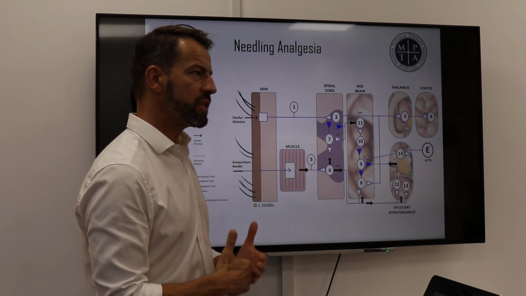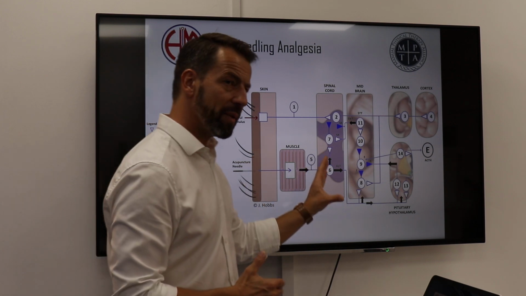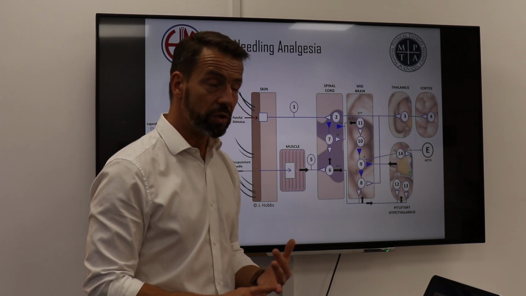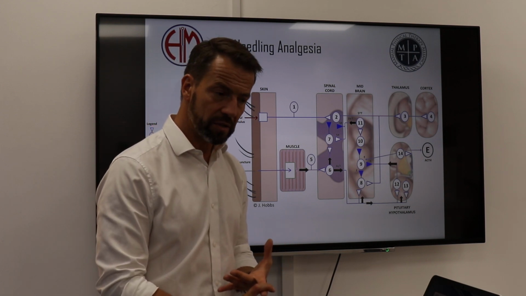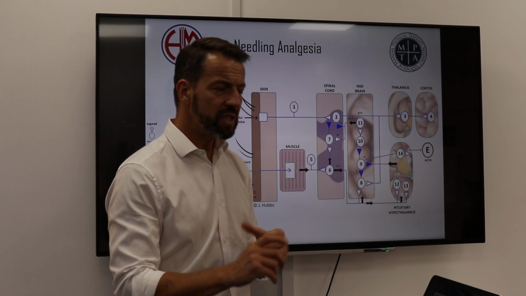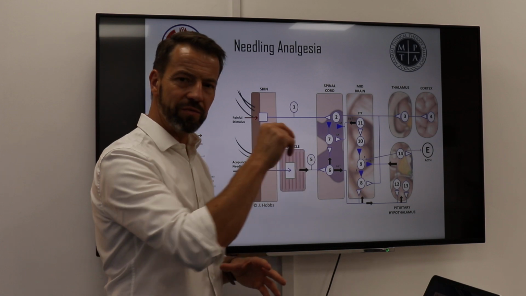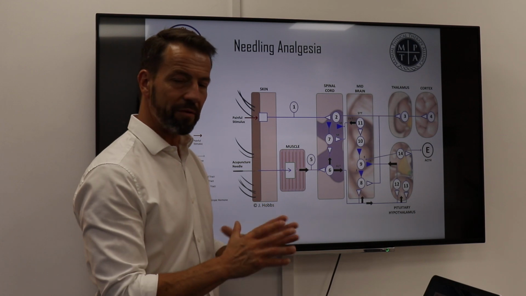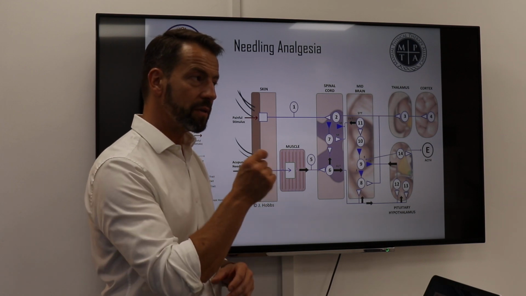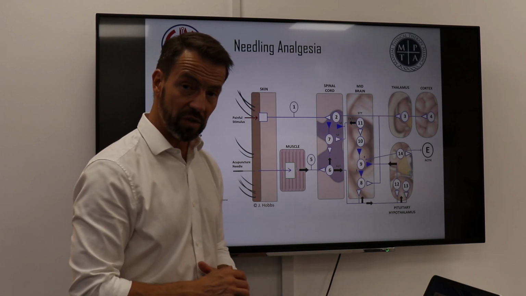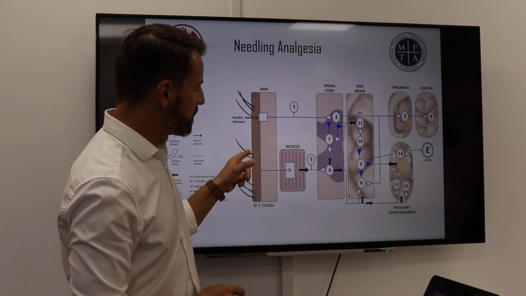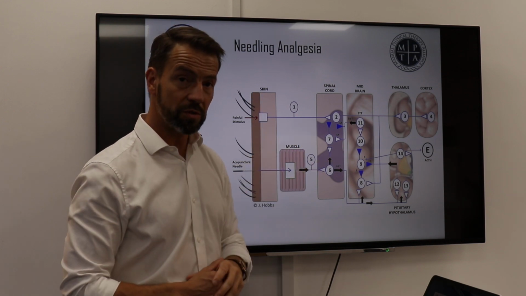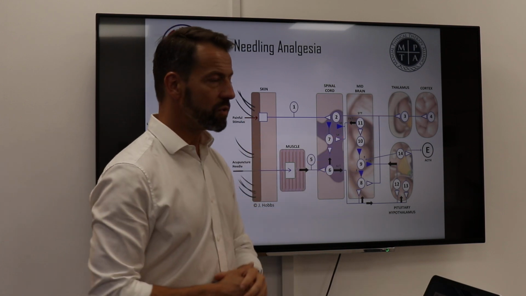So when you're looking at utilising a needle intervention, think about local, segmental, supraspinal effects. Now this can give you some indication as to where you put the needle and what you do with it, how long you leave it in, how much stimulus that you give as well. And so this takes a standard prescription and starts to challenge the variables within that prescription. And I think that's very important to consider, because that varies between individuals, particularly if you want to create the optimum dose, which is the minimum required to get the desired result. It's also worth considering that we've got dermatomal, myotomal and sclerotomal, but we also have a viscerotomal response as well. And this can become relevant if we're treating things like bowel and